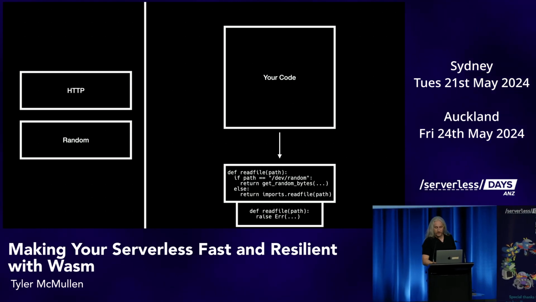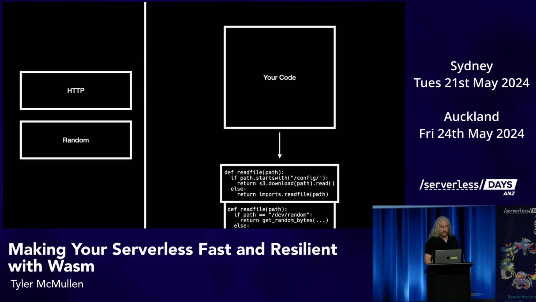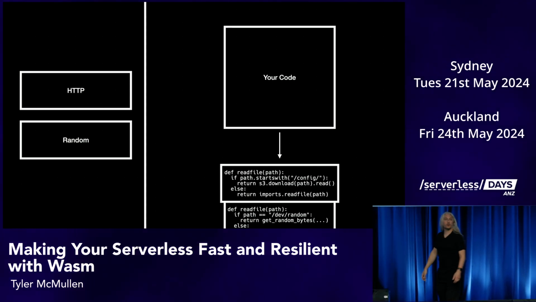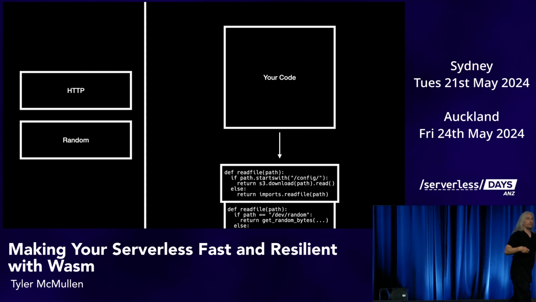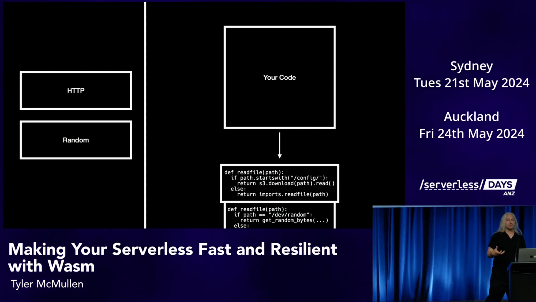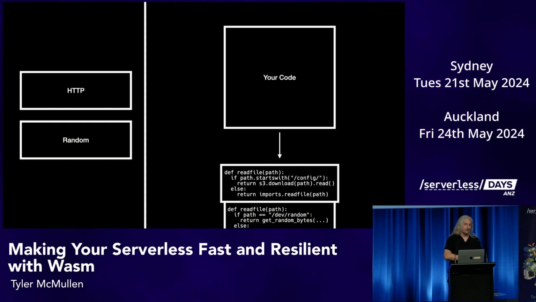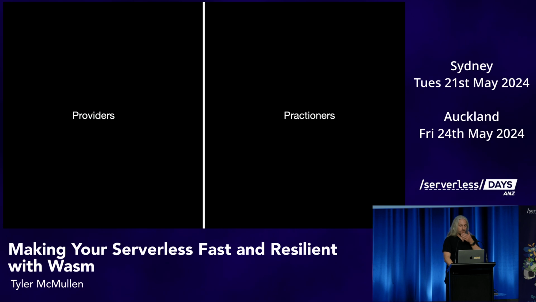Or we can go a step further and say, well, I actually need configuration files as well. Well, OK, we can chain that into this loop as well using the HTTP interface up there and say, hey, let's download our configuration files off of S3. And it just appears as a file system, even though no file system exists on that platform. That's the idea here. And so essentially what I'm trying to say is that